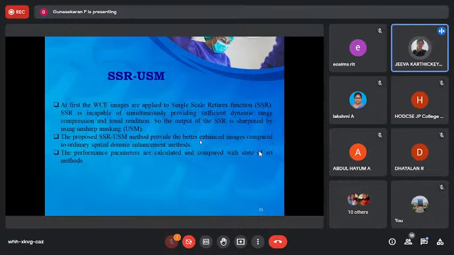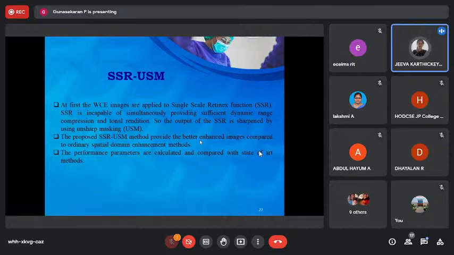Our proposed method is a combination of SSR and USM: the single scale Retinex function with unsharp filtering, or unsharp masking. SSR alone is not capable of providing sufficient details, so the output of the SSR is sharpened using the unsharp filtering. The proposed method provides a better enhanced image compared to the ordinary spatial domain enhancement like histogram equalization,